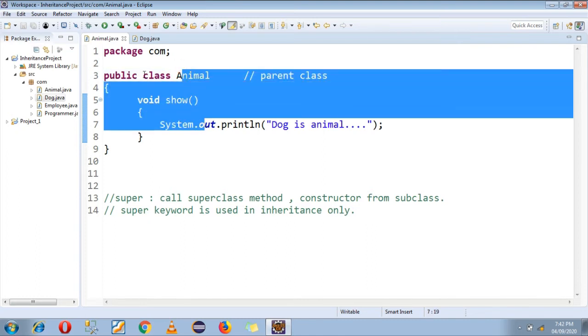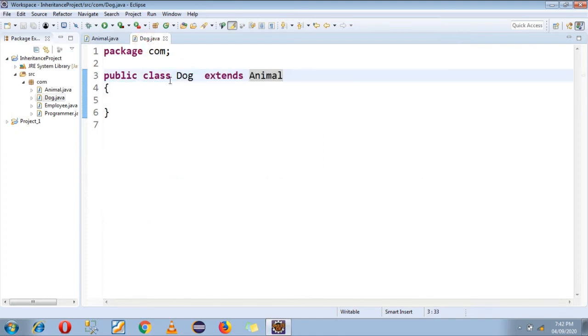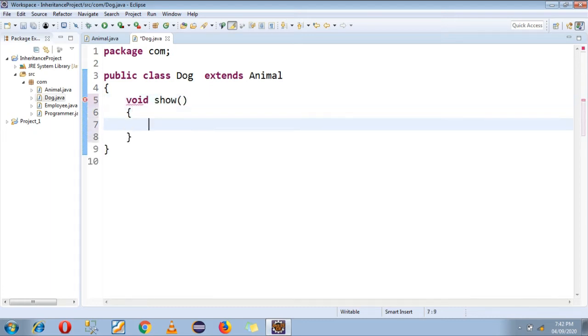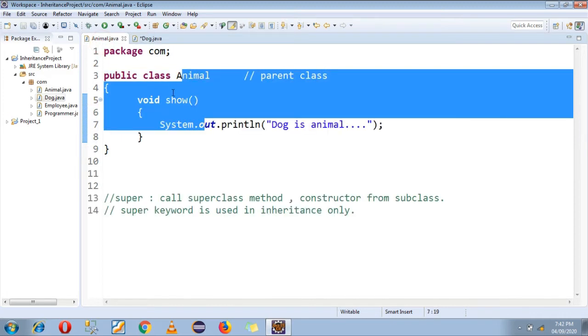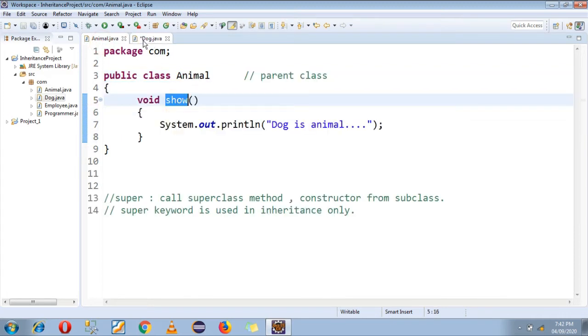Now I am creating the same function as your parent function. In your parent class you already defined one function whose name is show, and now in the child class also you are defining the same function as your parent class function.